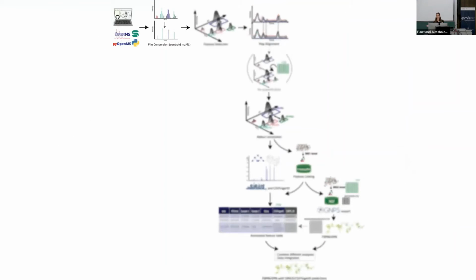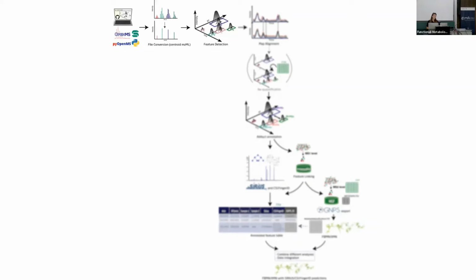So if we look a little bit closer at the workflow, there are a lot of things that you will talk about also tomorrow in MZmine, because more or less it's the same steps that we're following, except a few. Initially, I'm using this executable called ThermoRawFileParser, which you can optionally use if you have Thermo files. If you don't, you have to independently convert them through MSConvert, which is a very popular tool. I just didn't want to add that to my workflow because you need to have Windows to use it, right? And I wanted it to be more universal.